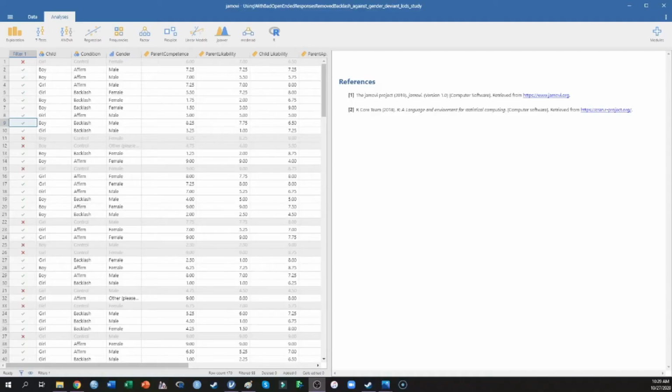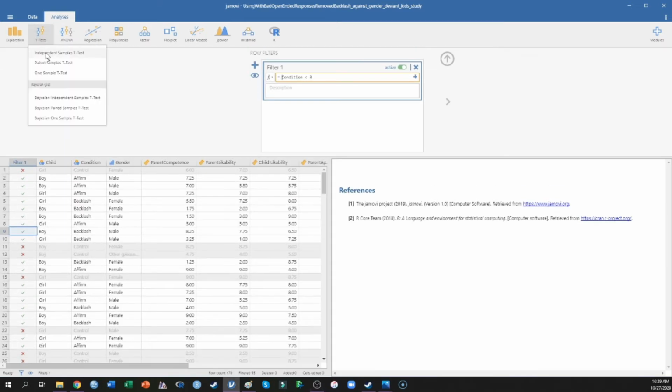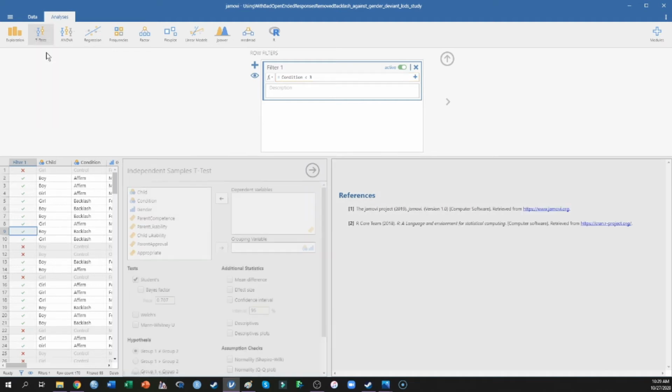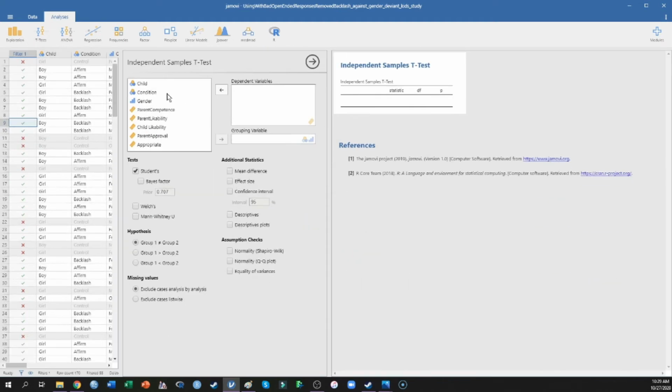Today we're going to learn how to run an independent samples t-test using JAMOVI. So in JAMOVI we just come up here to t-test and we click independent samples t-test. And what I'm going to do is run this for condition assignment